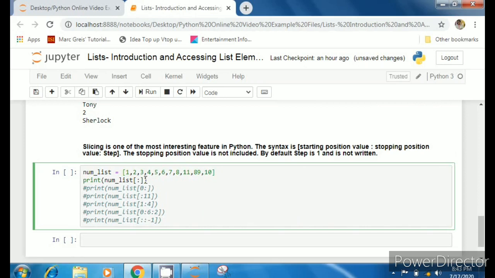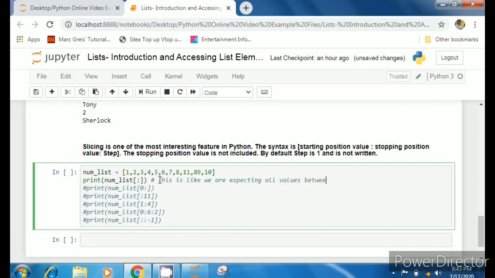If you write square bracket and colon, then simply you have to include everything. It means that you want every element. And how I remember this thing is that we are including every element. We are expecting all elements of the list between minus infinity to plus infinity.